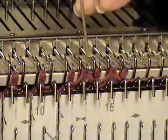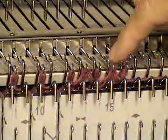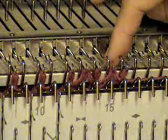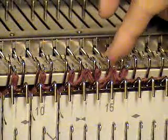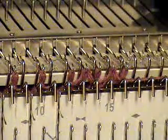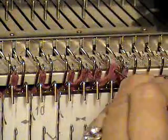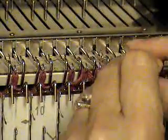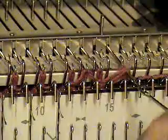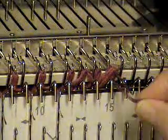So I just transfer these up, and because I was in English rib, on these 2 stitches from the ribber I have a double loop, and I'm zoomed in really close so I think you can see that. Now you could use any cast off that you like, and I'm going to use my favorite on the bed cast off, where I transfer the second stitch over to the first needle, and then I move them both in,